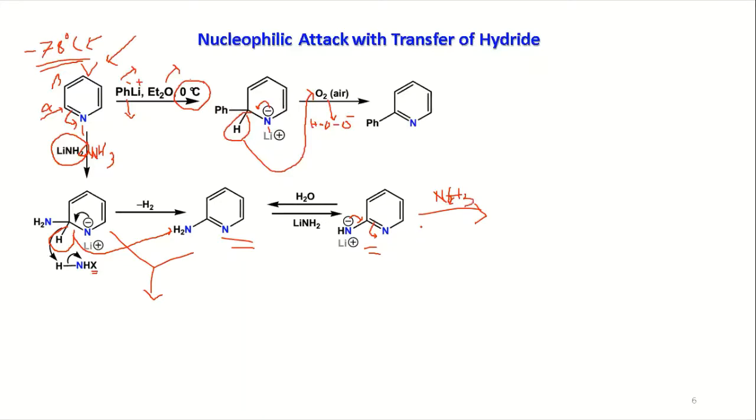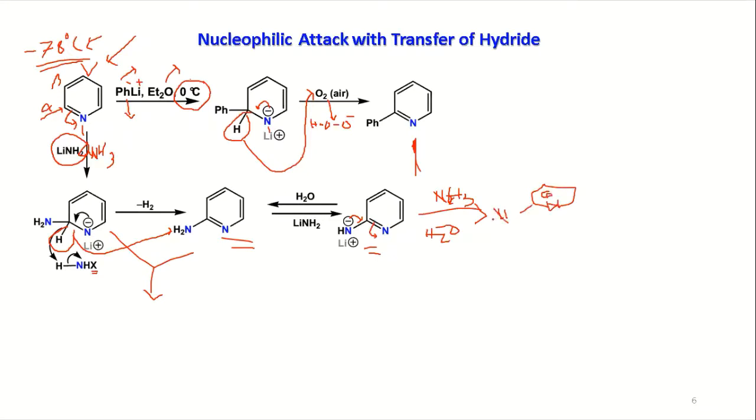So if you have liquid ammonia or water, finally this is going to be protonated and you will have this as your sole product. Not this one, you have the amide as the sole product. So you have amide formation here. Okay, so that is going to happen.